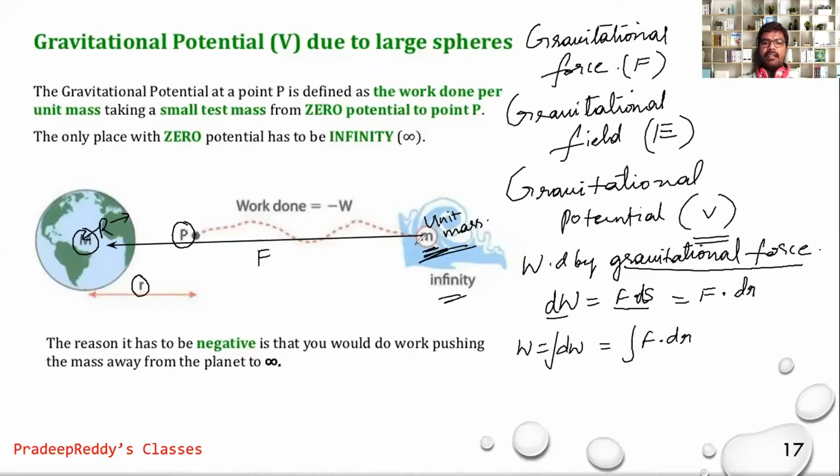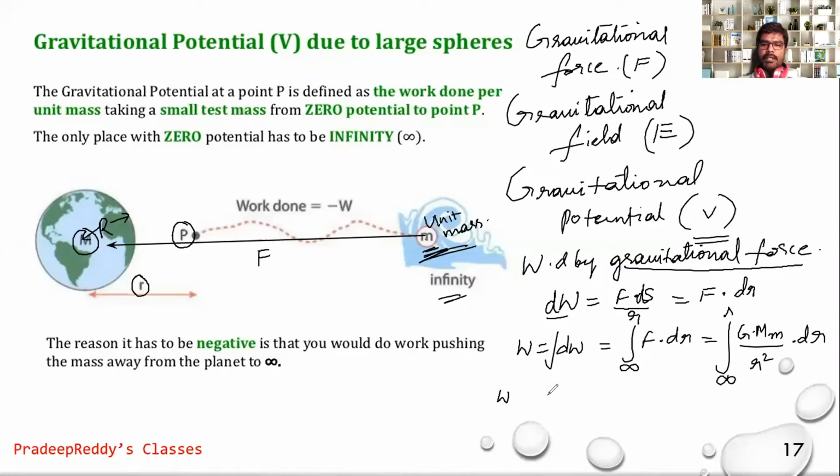Now where is this dr? The starting position of the unit mass is at infinity, and finally it is brought to some position r. Therefore it is brought from infinite position to smaller r. Now I can write the integration. What is the gravitational force equation? Capital G, capital M, small m divided by r square into dr. Limits are from infinity to r.